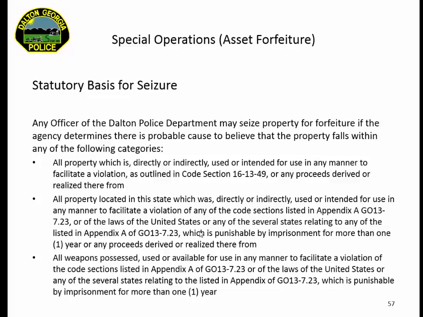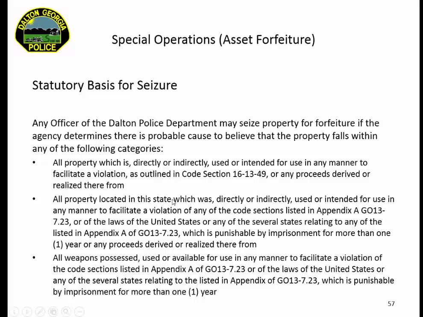So I won't read this word for word here, but any officer of the Dalton Police Department may seize property for forfeiture if the agency determines there is probable cause to believe that the property falls within any of the following categories. Okay, so we talked about anything in 16-13-49, which has a large or long list of that.